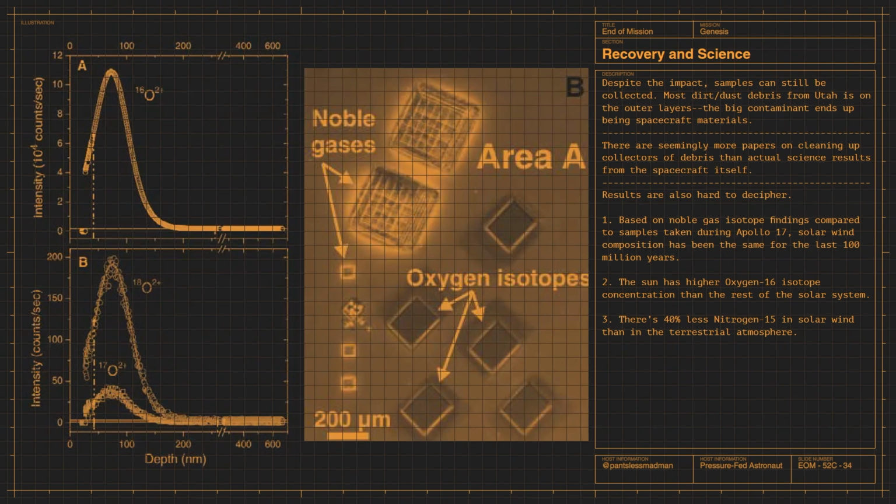So here's one. The sun has higher oxygen-16 isotope concentration than the rest of the solar system, so it's hoarding this. Wow. It's the 1% of oxygen. Let's get 16 isotopes. Let's get Space Bernie Sanders in here, and the 1%. They're hoarding all the